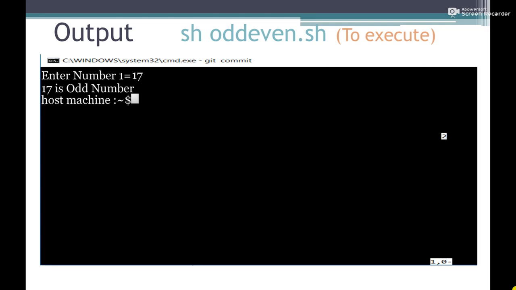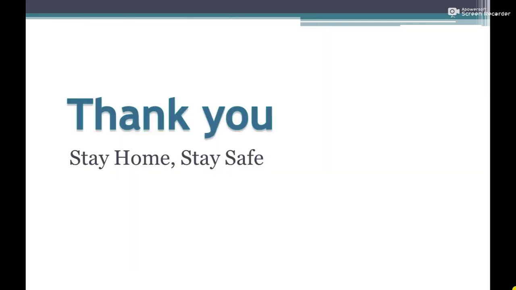So this is how we use the control structure in the scripting language, and we can also use operators in the control structure, and we can also use expressions in the script. So we can use all three things in one script. In this script we have used the control structure, mathematical operation, and expression also. In the next video and the next topic, we will discuss more scripts using control structures, expressions, and operators.